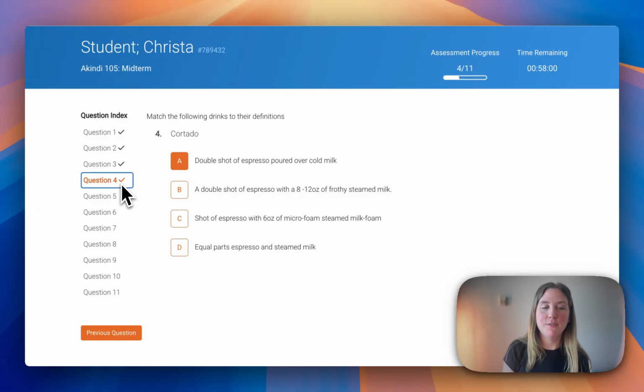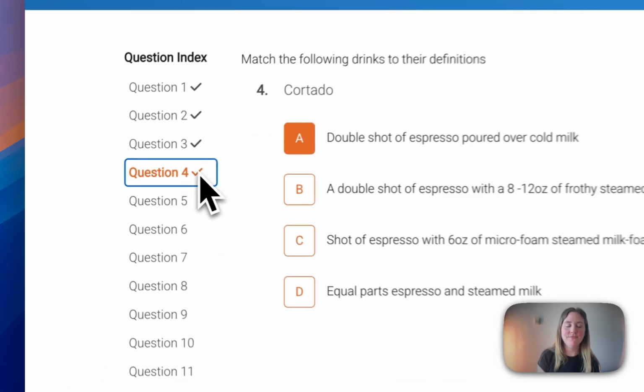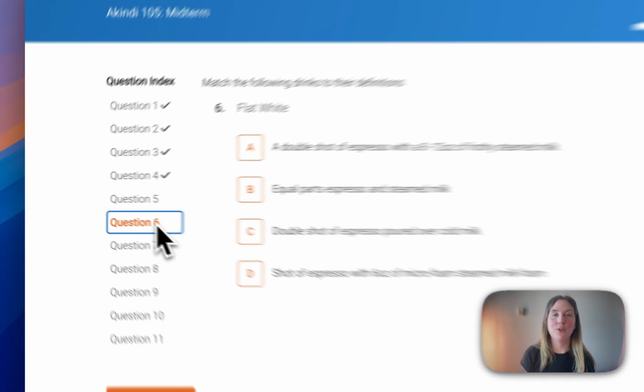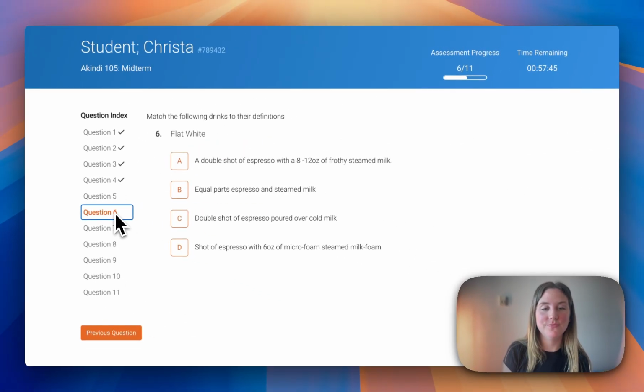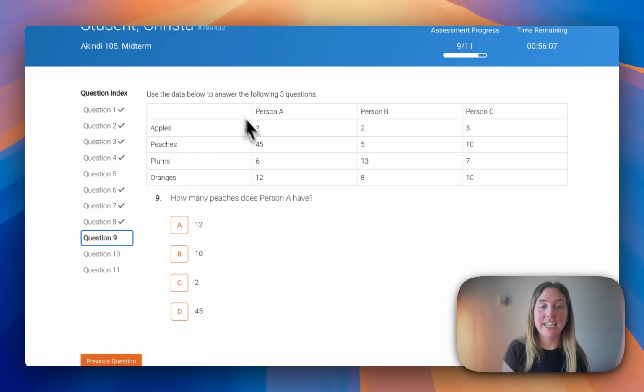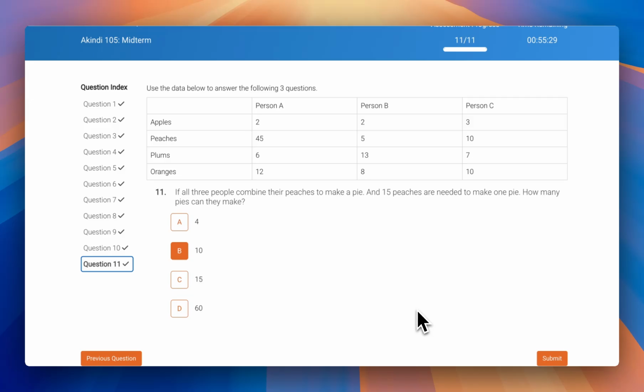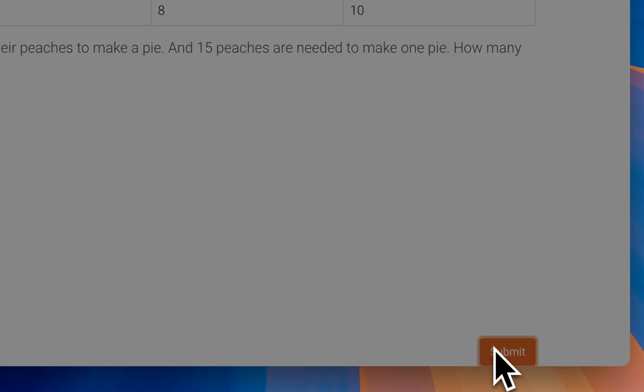When a response has been saved for a question, a little question mark appears next to the question index. This allows students to keep track of which questions they've completed if they choose to skip a question and come back to it later. Because I had a question group related to this table with 3 questions inside that question group, questions 9, 10, and 11 are kept together during the scrambling process, and the table will appear for all of those questions. Once the students have completed all of the questions, they'll click Submit,